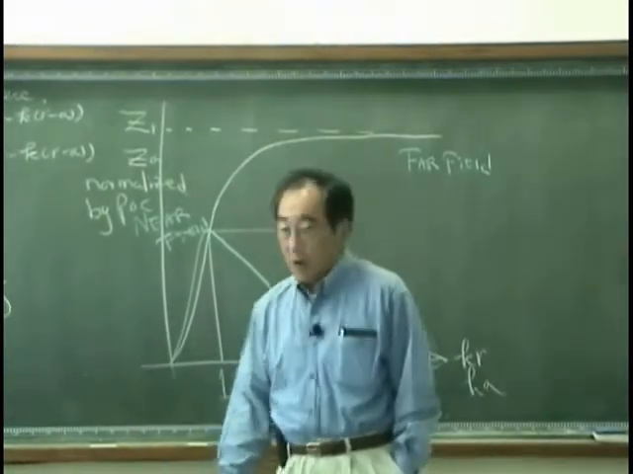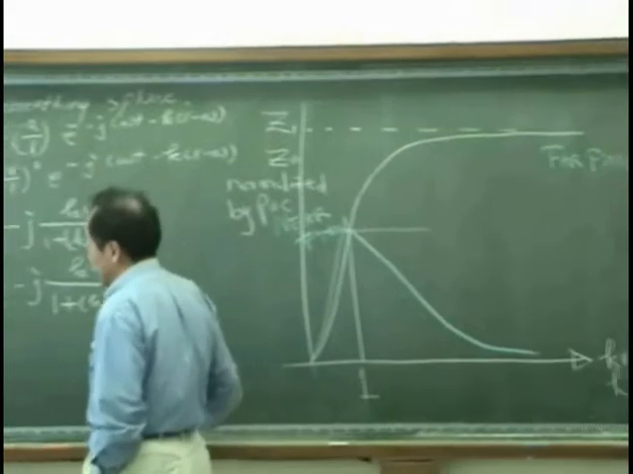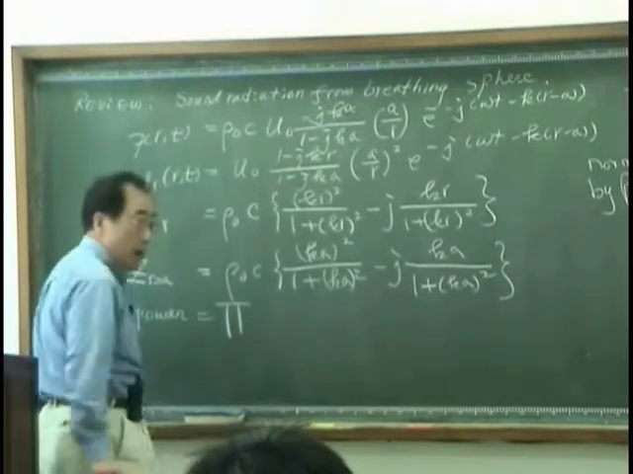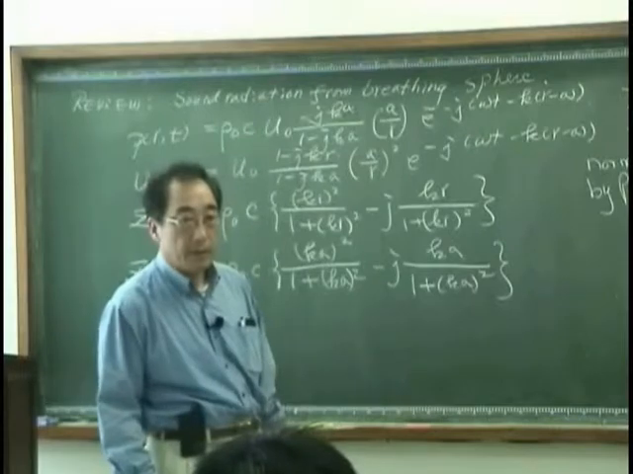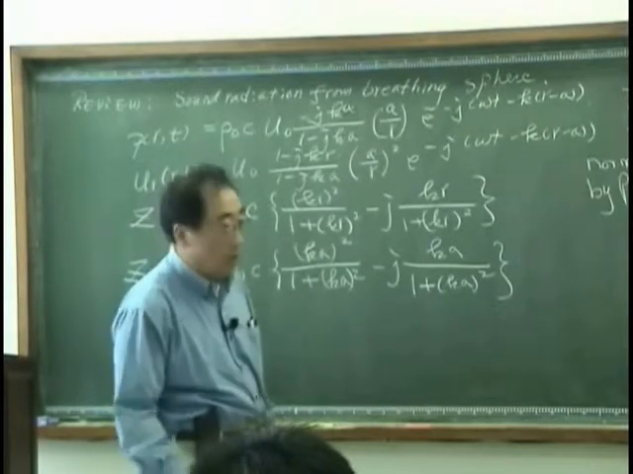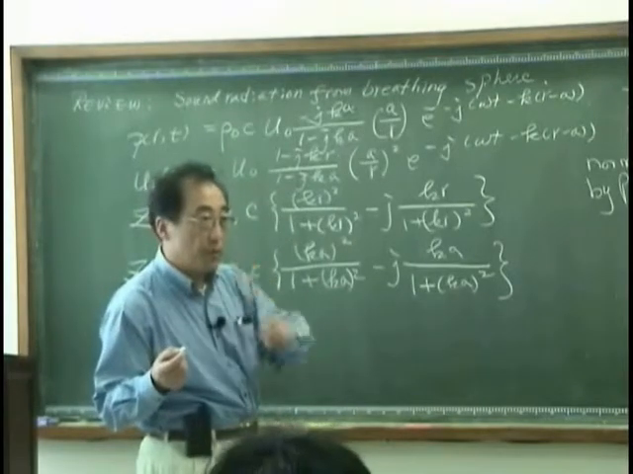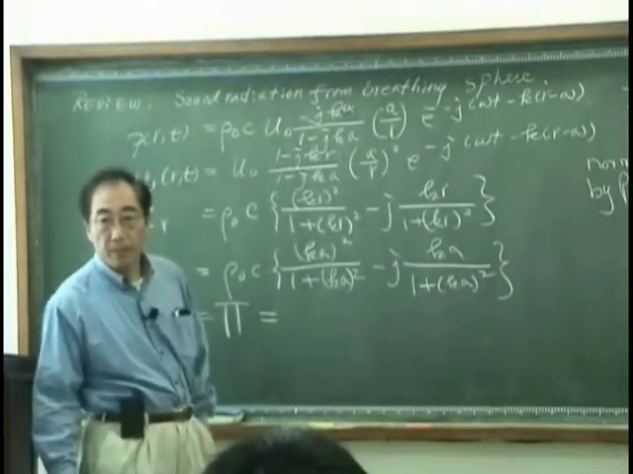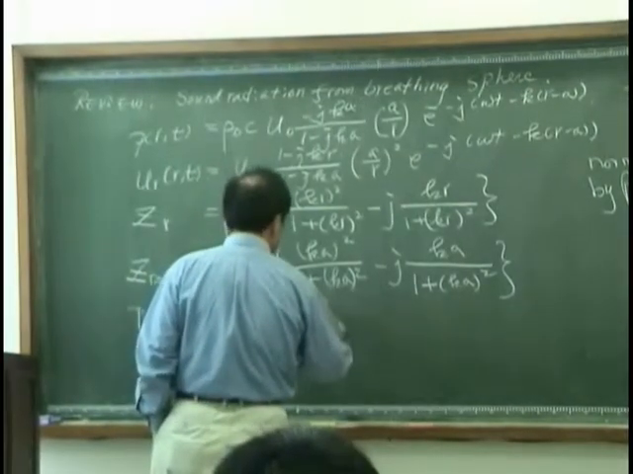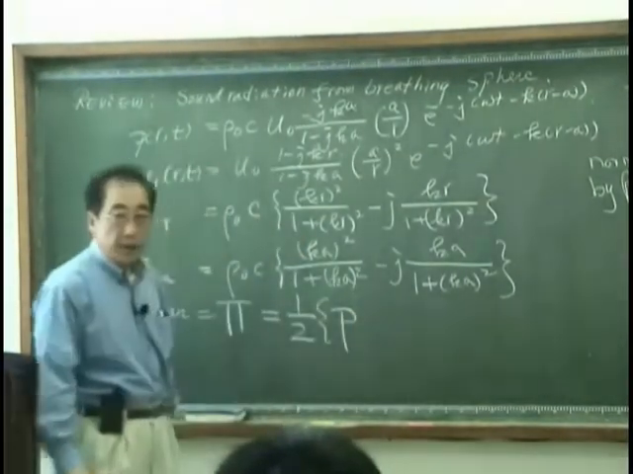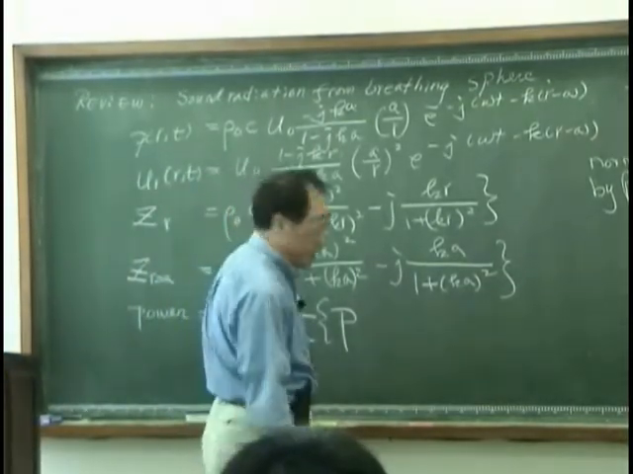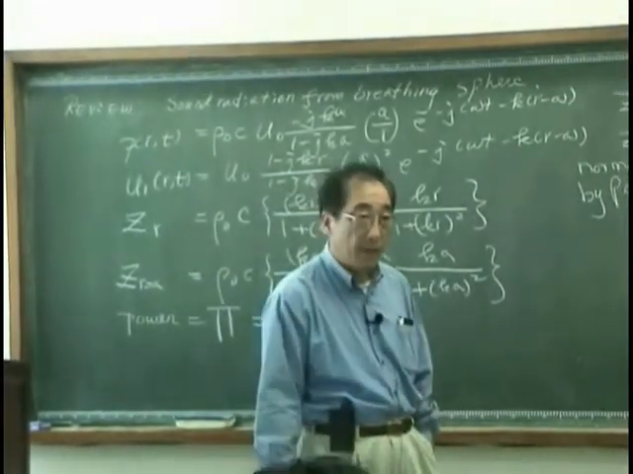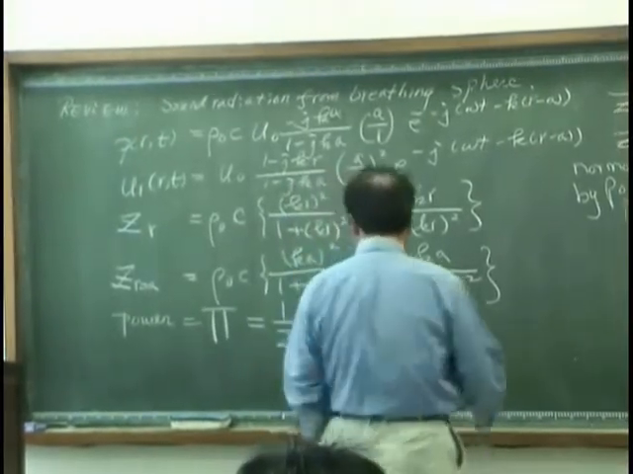Okay, what about the power? That is expressed with the pi in the text. What about the power then? Because you would like to know how much power would be radiated from the breathing sphere. How can you calculate the power? From the previous study, we know that it is 1/2 the complex amplitude of pressure multiplied by the conjugate of the complex amplitude of velocity, right? Okay. So if you do this,